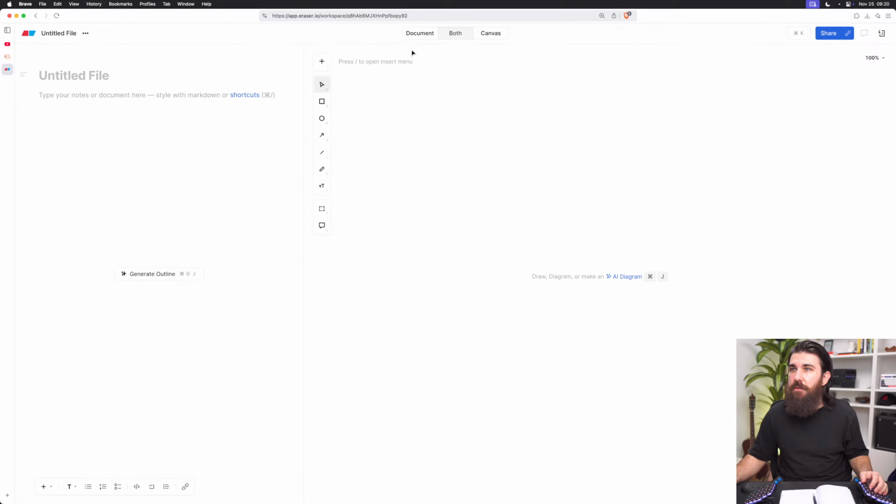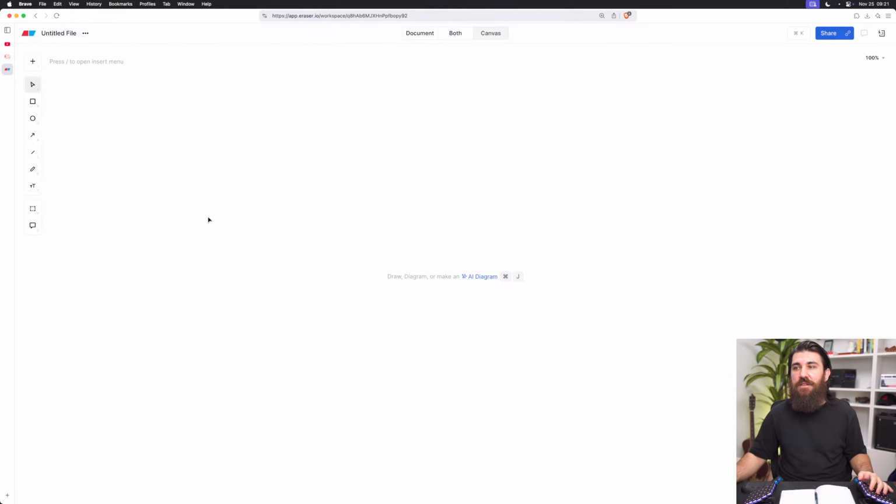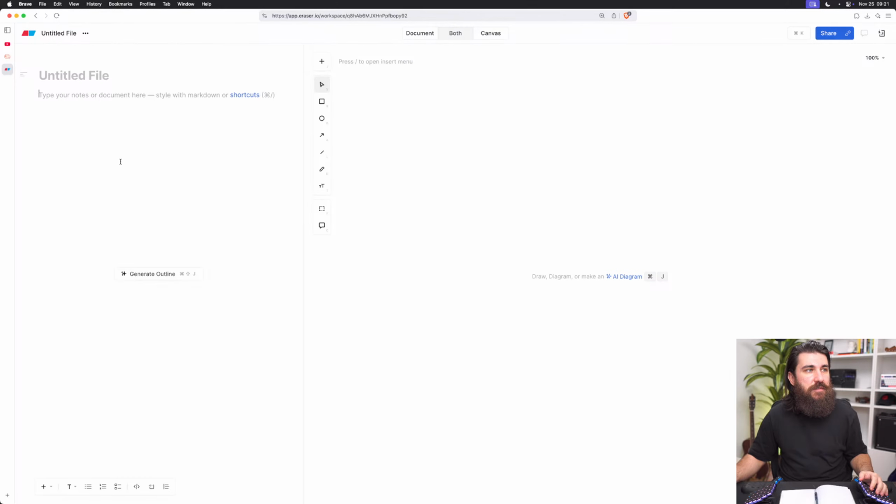And I'm going to name this one. How do we name this? Give me a good example on the application name. It's going to be the AI resume application. Right now I'm not going to name it, but we have a text file on the left and we have a canvas on the right. So let's do something like features, right? The application is going to receive